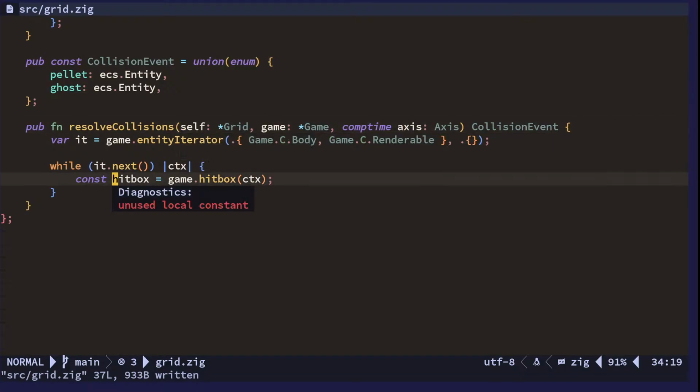Now, we want to check for collisions from this hitbox onto the grid. So first we want to check, okay, which area of the grid do we need to check? Because the hitbox could potentially cover more than whatever area we need. So essentially, it's going to be